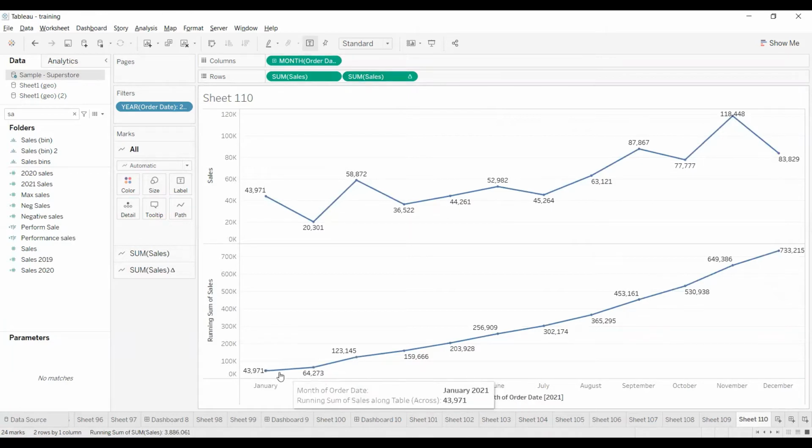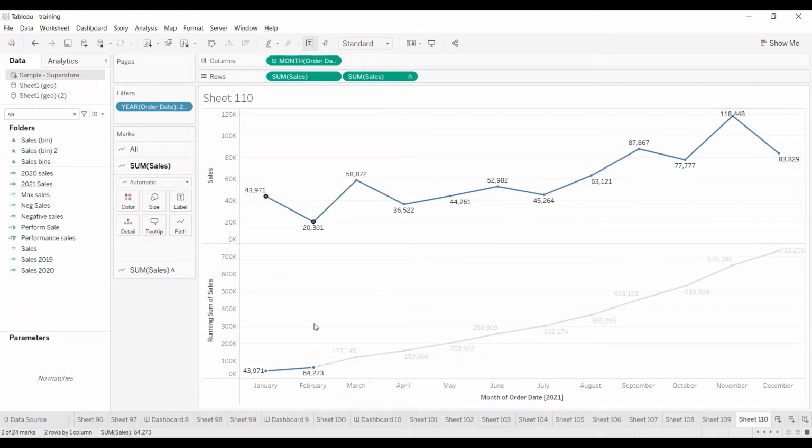Now you can observe that this is the first month, January, for the year 2021, 43,971. Second month, 20,301. Now it cumulates these two and gives the data here.